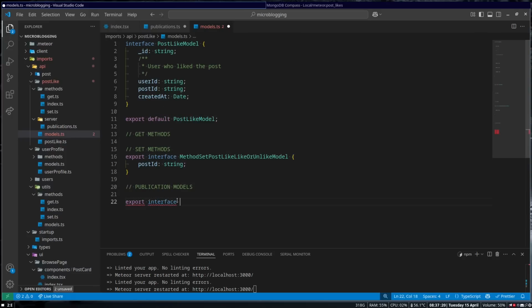and you don't have to call it method. You could call it publish. You can call it whatever you want. I'm going to say method, paste that there, model. But again, you might want to call it just publish or publication or something else other than method, because it's not really a method call. What you call it here, that's up to you. But for right now, I'm good by just calling it method,